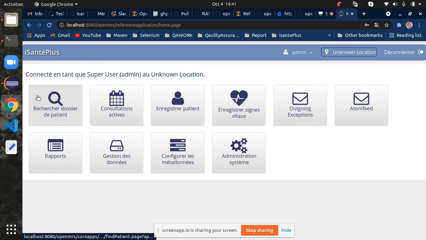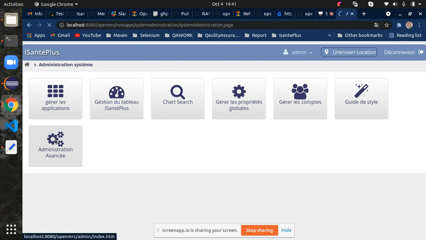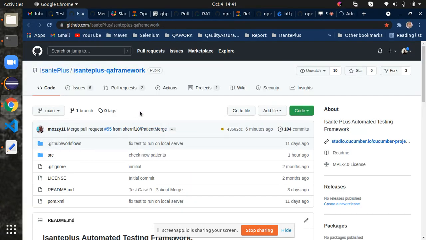We have research, find patient, consultation, active visits, register patient, outgoing exceptions, atom feeds, reports, configure metadata, and system administration. So it's the same, I mean, it's an Isante system. We're going to be looking at how we can automate it